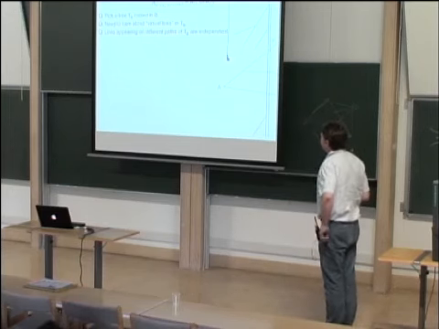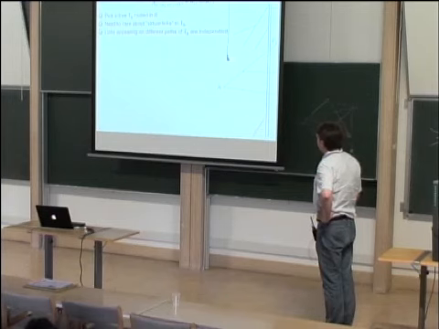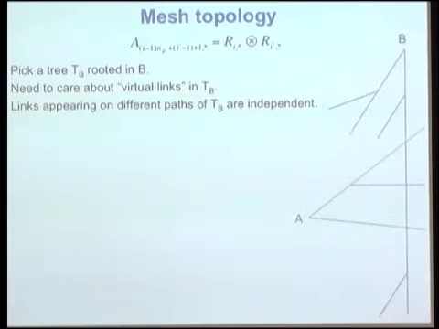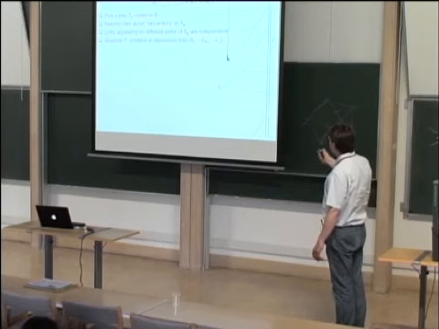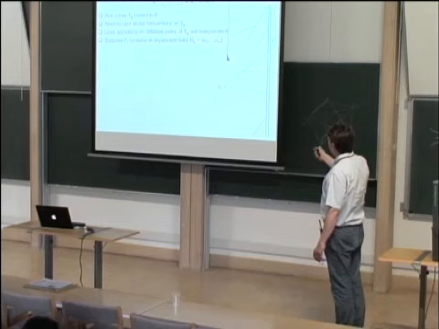What we do is simply to first realize that if I have links that appear on different paths of the tree, they must be independent, because if I have different paths belonging to the same tree, necessarily they will take different branches at some point, and if I use my previous result, I know that they are all linearly independent. So if I have linearly dependent edges or links here in a mesh network, they must all appear on a single branch of a tree,